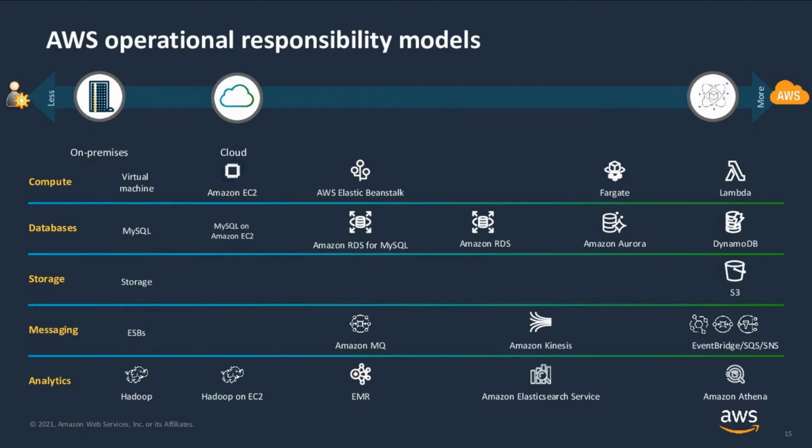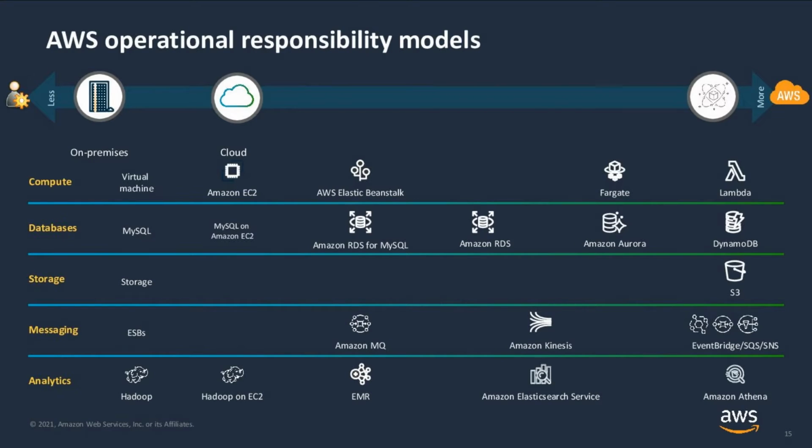By choosing services that you see on the left here, you retain most of the operational responsibility. As you move towards adopting services on the right, you start offloading more of the undifferentiated heavy lifting to AWS. And on the far right are the services where we abstract away all the complexity for you. For example, customers who choose to deploy an Amazon EC2 instance, either for compute or for self-managing database or Hadoop, are responsible for management of the guest operating system, including updates and security patches, and any application software or utilities they install on those instances.